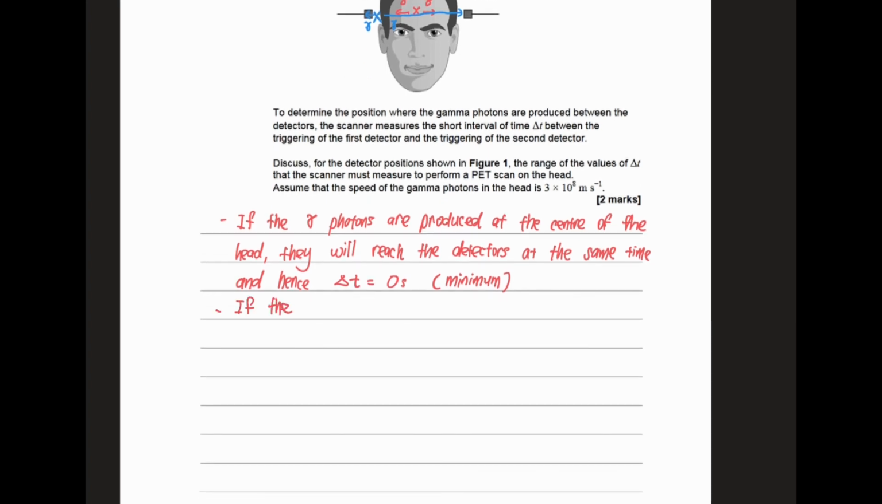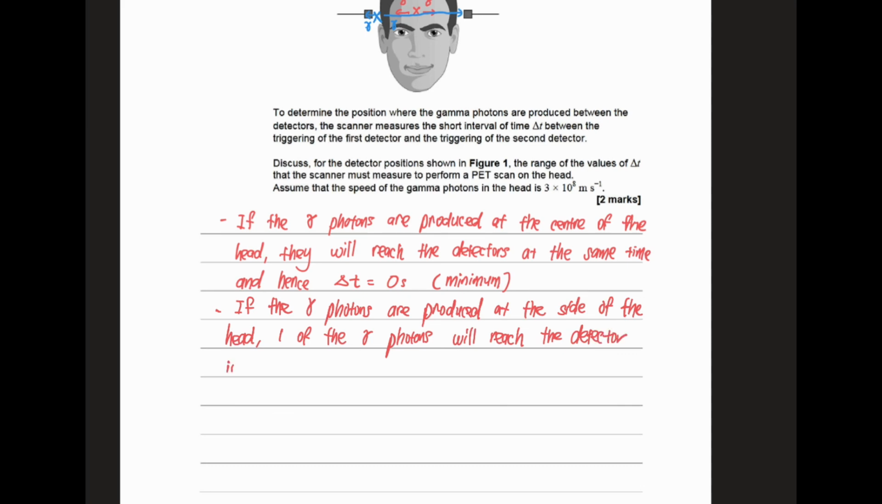If the gamma photons are produced at the side of the head, one of the gamma photons will reach the detector immediately, and the other gamma photon will take